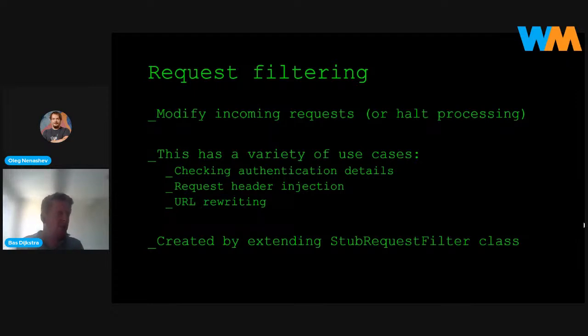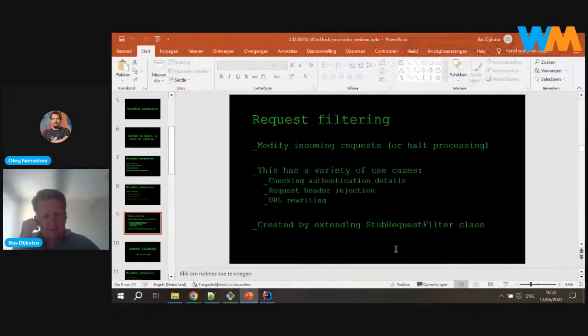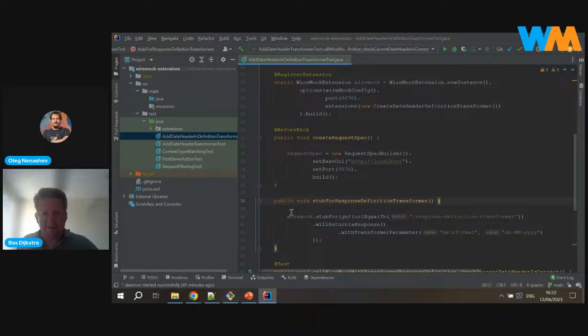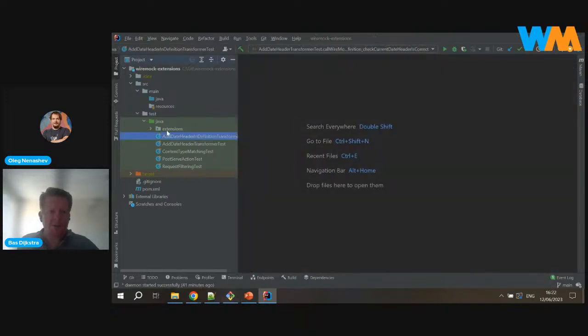The way to create a request filter extension, similar to every type of extension, is you extend one of the predefined extension points, really. So let's have a look at what that looks like. So I've got a little project here. By the way, all of the code that you see on the screen today, you can find on GitHub.